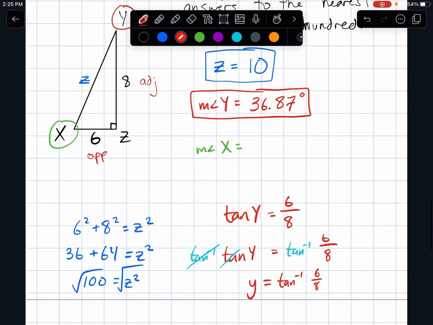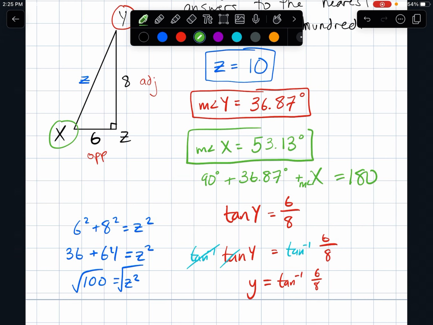And then to find the measure of angle x, we know that I can just add up all three angles in a triangle to equal 180. So I can take my right angle, which is angle z, plus the measure of angle y, which is 36.87, plus my missing angle x. That's going to equal 180. So if you just subtract these from 180, you should find the measure of angle x, and that means that x is going to be about